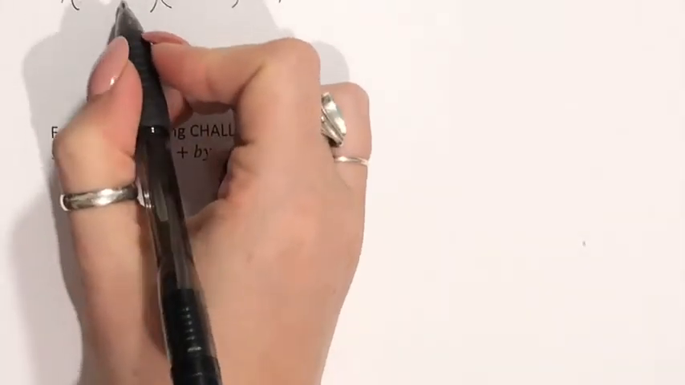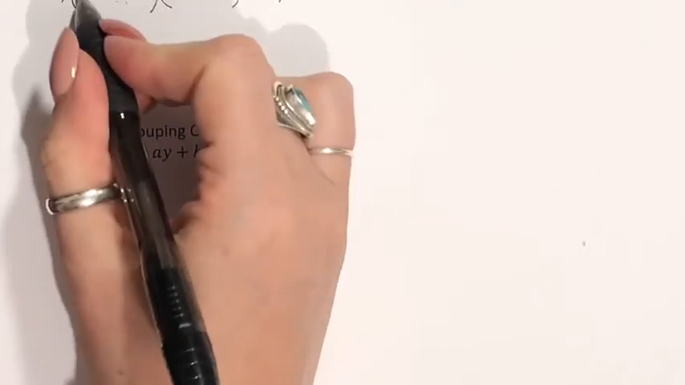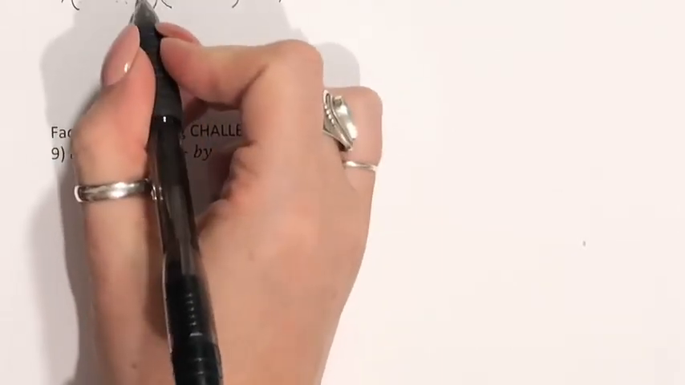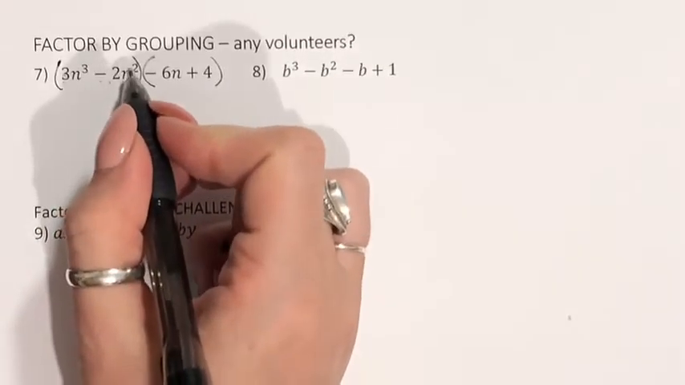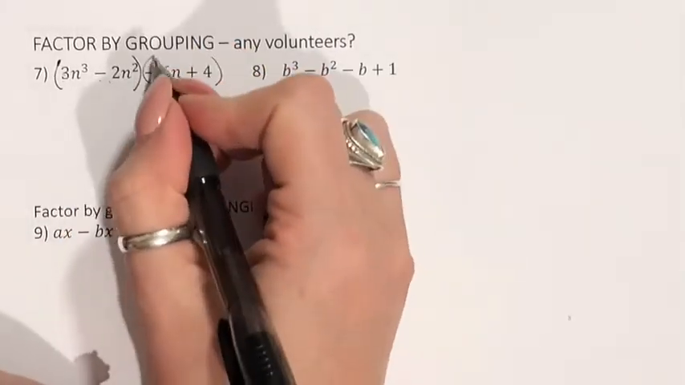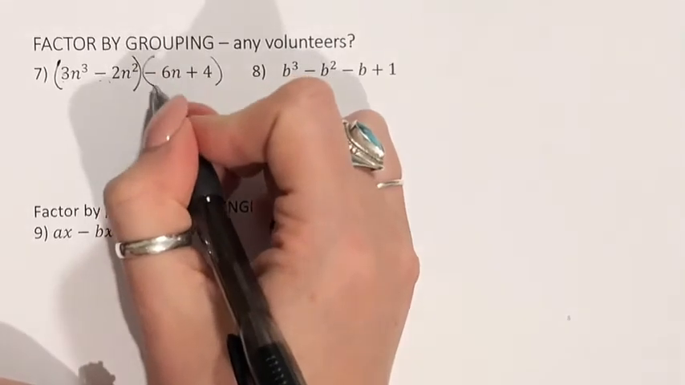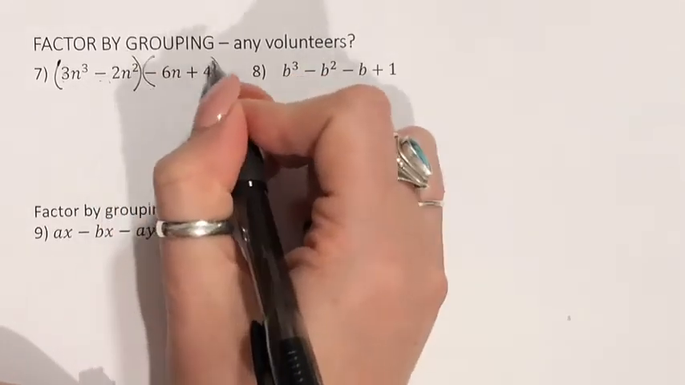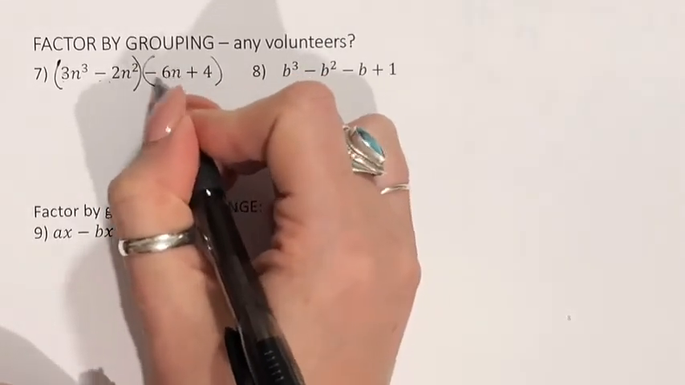So 3n cubed and a negative 2n squared. Well, 3 and 2, they're both prime and they don't have anything in common. Oh, sorry, you can't even see. We have our 2 groups. Let me hurry and rephrase that. We have that negative here. Make sure you put the parenthesis on the outside so that you can take that negative in